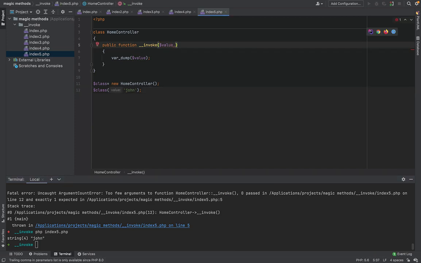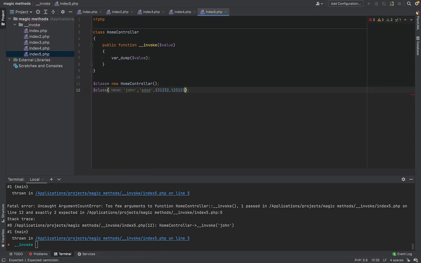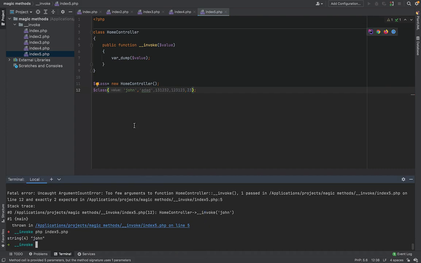And I can simply break it like this into a few arguments. But the vice versa is not applicable, right? If I put any other values, I don't get an error because it needs one parameter as the first one, and I got the first one in here.